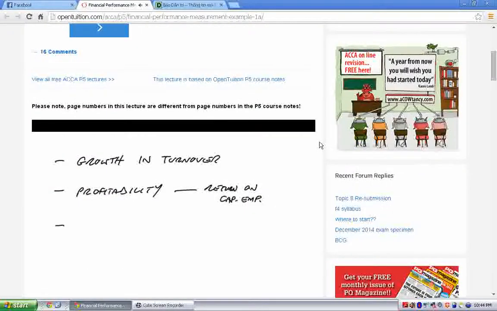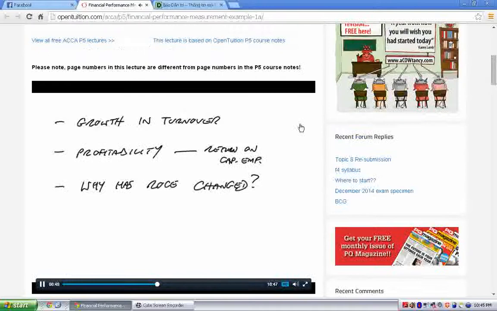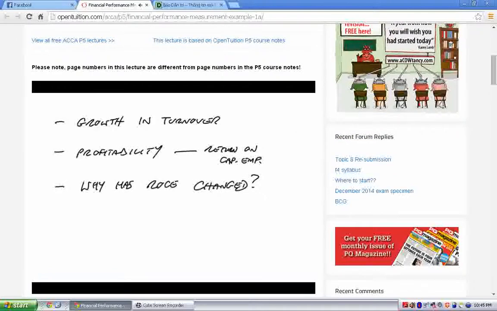Because in this exam, what he's much more concerned about is identifying the key things, what's important, and the comments. The numbers are simply there to back up your comments. I'll show you with an example shortly. But what he's really after, when you look at his answers, are comments like: here we seem to be doing well, here we seem to be doing badly, this is what seems to have happened.